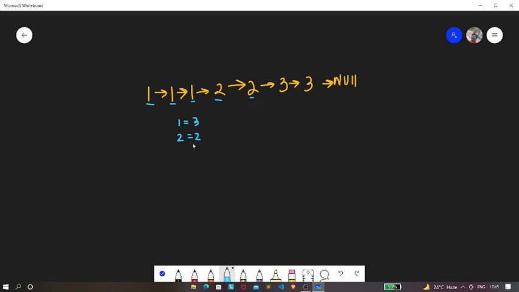The number of 3s present in this linked list is 2, right? And this is 2 and this is 2. So we need to convert this linked list to this linked list, as you can see. Now which will contain 1, 2 and 3, right? And this 3 will be pointing to null, as you can see over here.